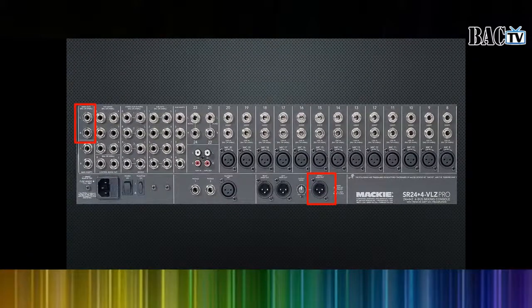You'll see the two red boxes. On the two red boxes, this is an analog board. On this board, which is a Mackie 2442, this is the back of the board. If you look in the red boxes on the upper left-hand side, it says main outs. So those are 1/4 inch outs, and then down below there is a mono main out. So depending on how you